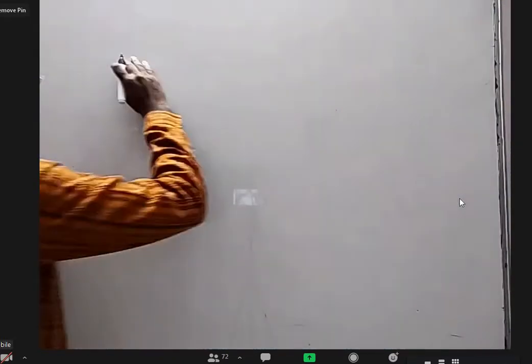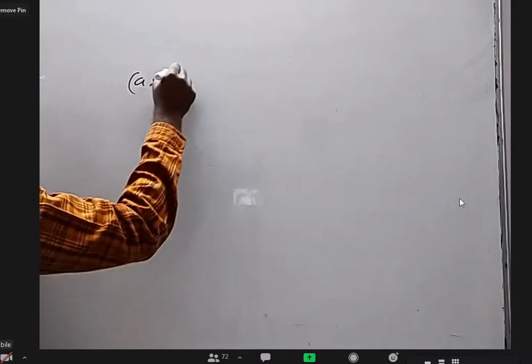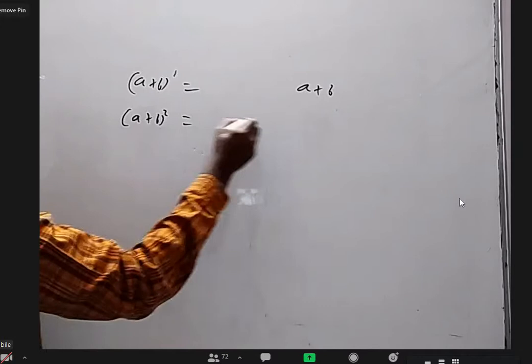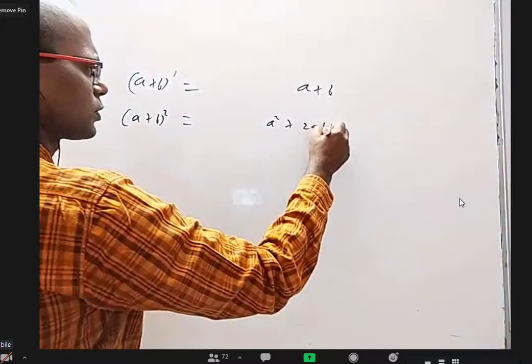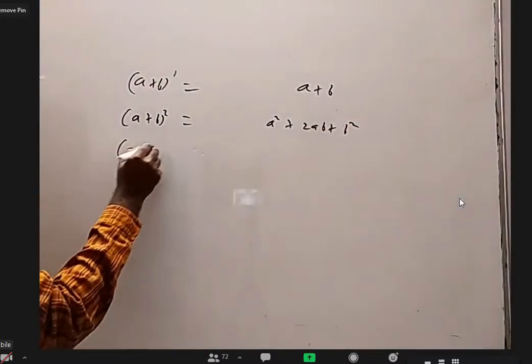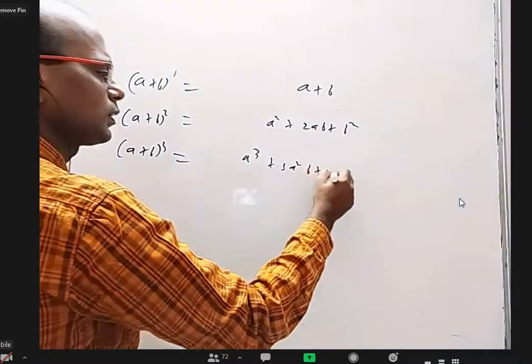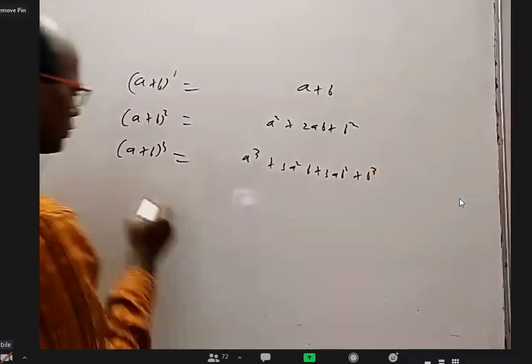Okay. So even though I told you how the binomial theorem came very easily, by this expansion or by math induction, I generally always try to teach from the beginning like this. You write (a plus b) whole power 1 is a plus b. Don't have to write this, just listen. (a plus b) whole square is a square plus 2ab plus b square. (a plus b) whole cube is a cube plus 3a square b plus 3ab square plus b cube.